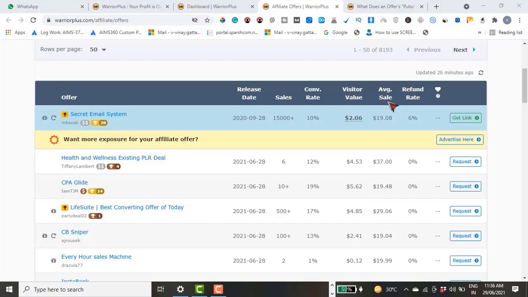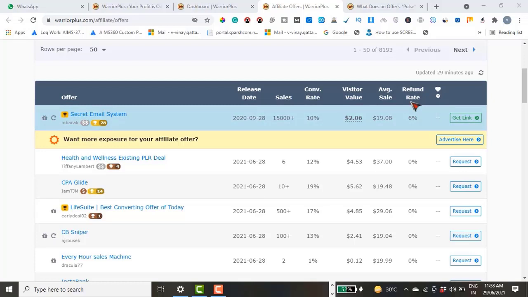So move on to the average sale. That means the average value that people have purchased in the whole funnel. The next thing that we are looking at is the refund rate, which is the amount of people that have just returned the product.